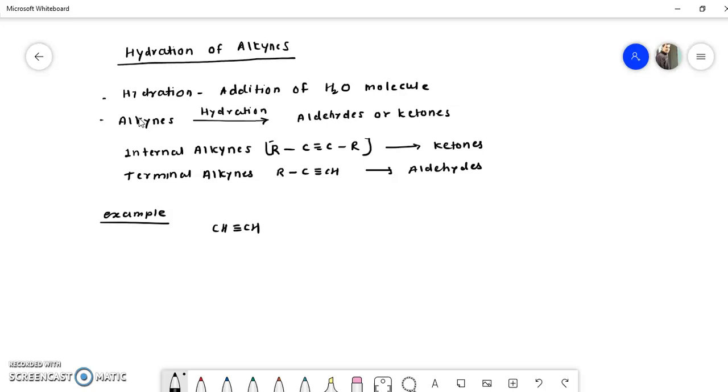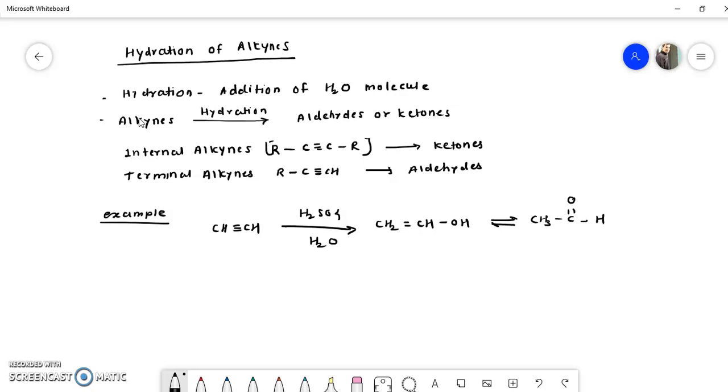So when this CH triple bond CH is treated with H2SO4, okay, hydration in presence of H2SO4, there is a formation of this enol form first. Okay, and then this enol form is less stable, that's why it is converted into its keto form to give this